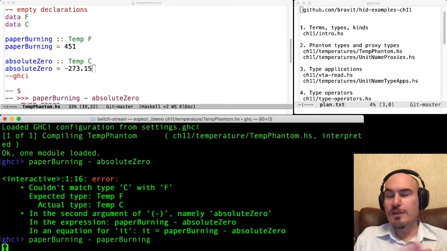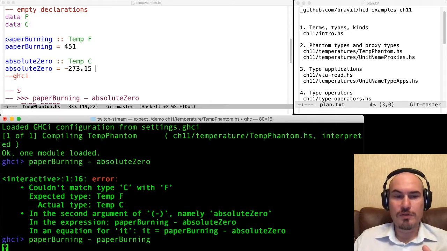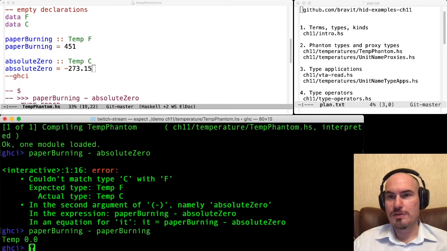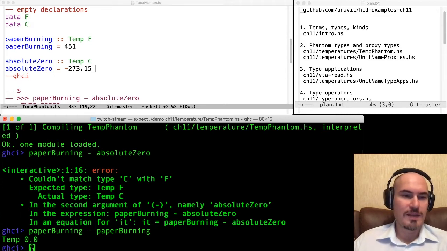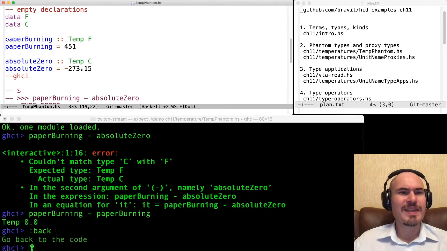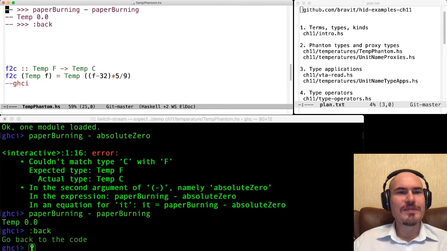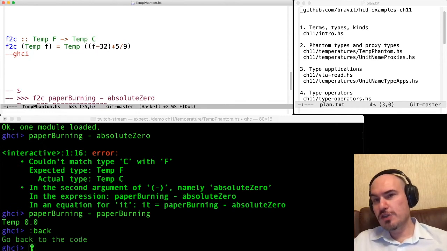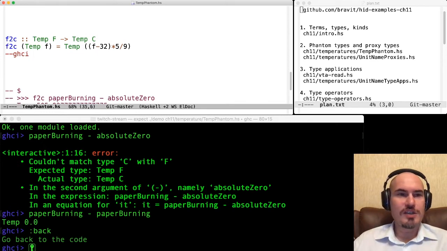But of course, if two values have the same type, we can compute the result. So here it's 0. These two variables are actually one variable, so it has some type, and we can do operations over it. So it works. All right. But of course, we can write a conversion function, just as we did before.